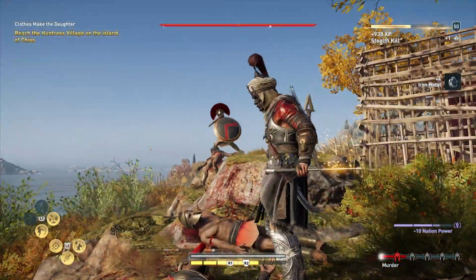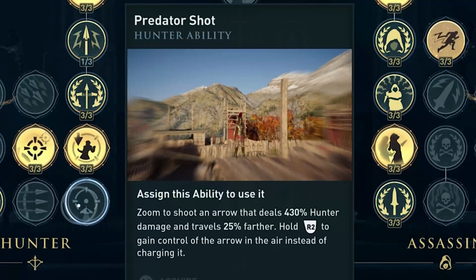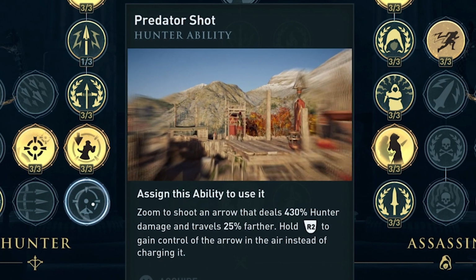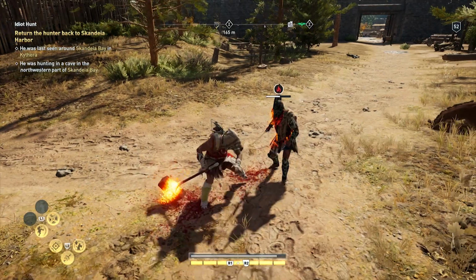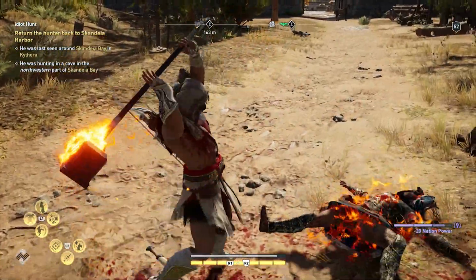There is a lot of really good skills that I just don't use that I see other people gushing over, like the predator arrow that you can control midair in slow-mo for powerful damage, yet I've only used it once or twice. I love two-handed heavy weapons and dealing out fire damage, while others may utilize quick daggers and poison